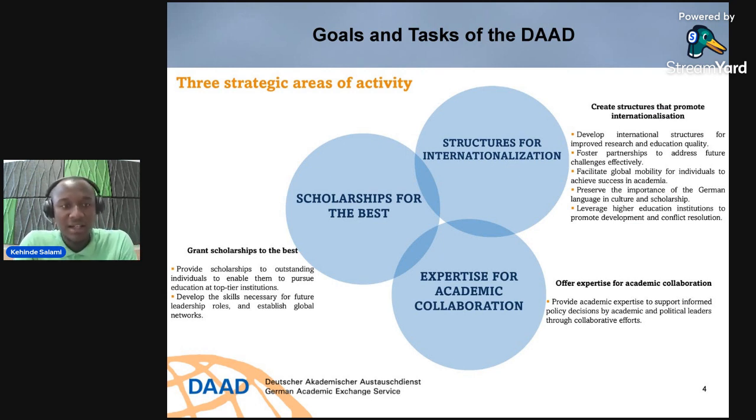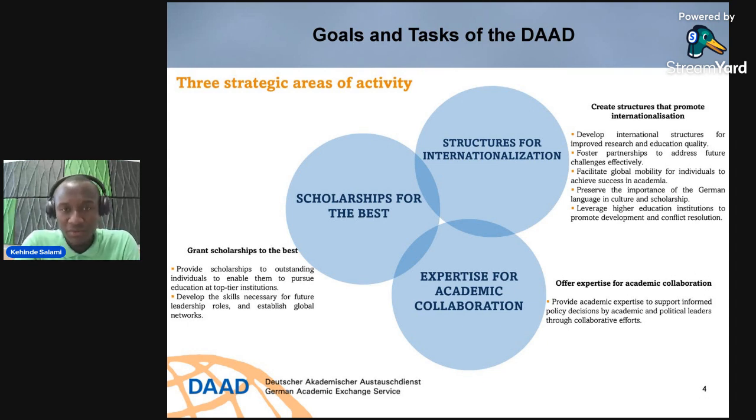Like I said earlier, different scholarships have different purposes. So, DAAD is structured into three main goals. First, scholarships for the best, that is, they want to bring the best brains to Germany and give them quality education so that you can go back to your home country to impart the knowledge which you've acquired. Sometimes it might just be to develop a technology that will be good for advancing world technology, and wherever you intend to practice.